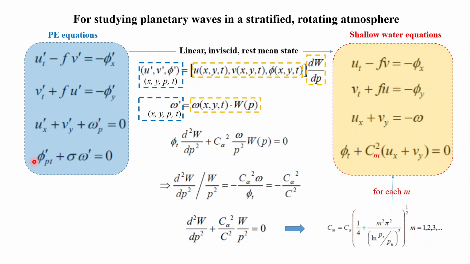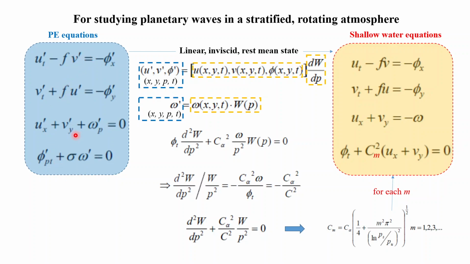So we don't need to worry about the vertical momentum equation. Instead, we are working on a hydrostatic system, and this we will show in the next few slides. You can derive this in the shallow water equation. In the stratified atmosphere, the linearized, inviscid, and the rest mean state condition, you can write down this set